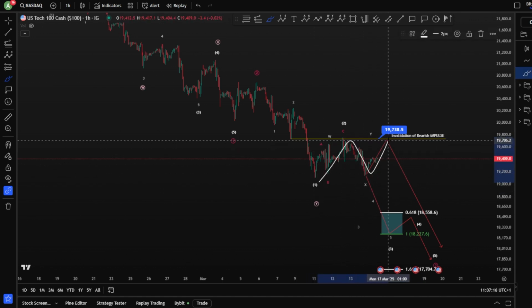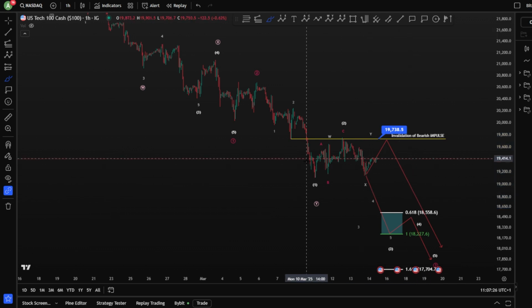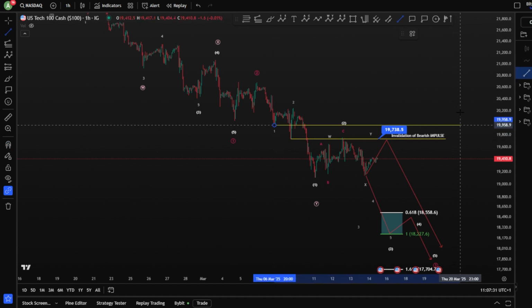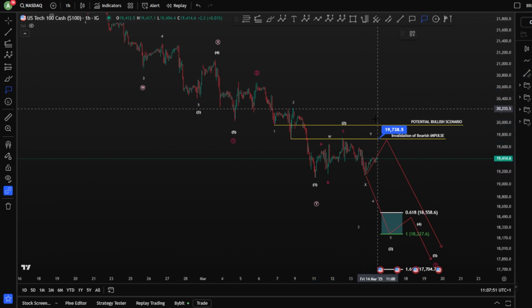And if we take this shape, even if we take the high again, the high possibility is continuation toward the downside so far. Unless we get this price action, unless we touch the wave 1 here again. And I would say here is the invalidation of bearish, or let's say a potential bullish scenario, okay, at the price of